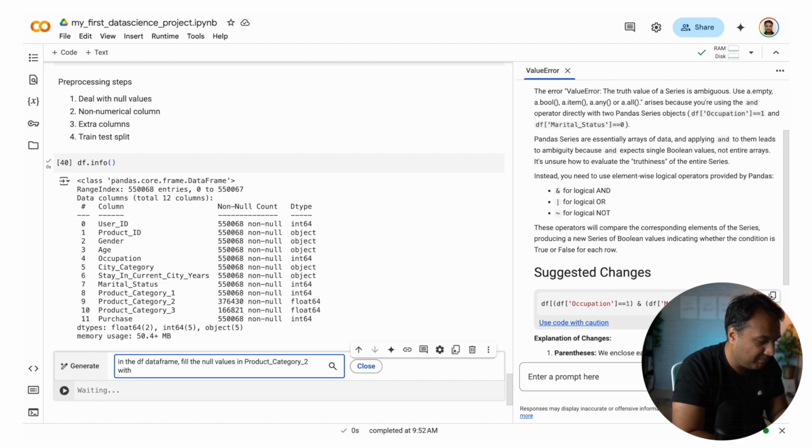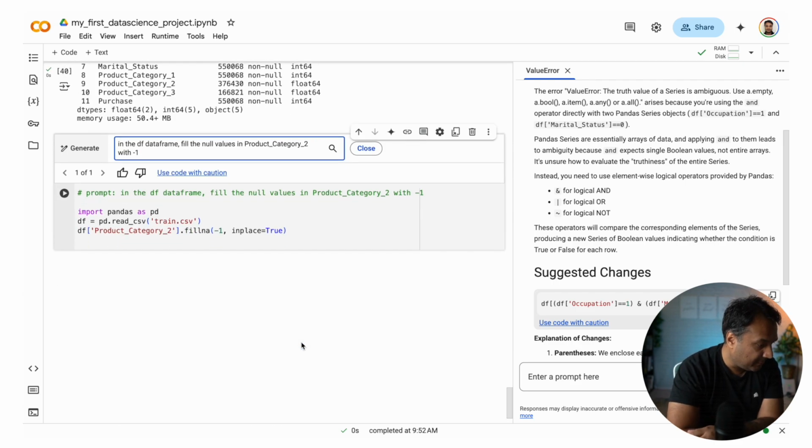So let me just say -1, because I know that the actual values are between 1 and 20. So whenever I see -1, I know it's basically a placeholder. Okay, so let's see if it is able to generate the code for this.